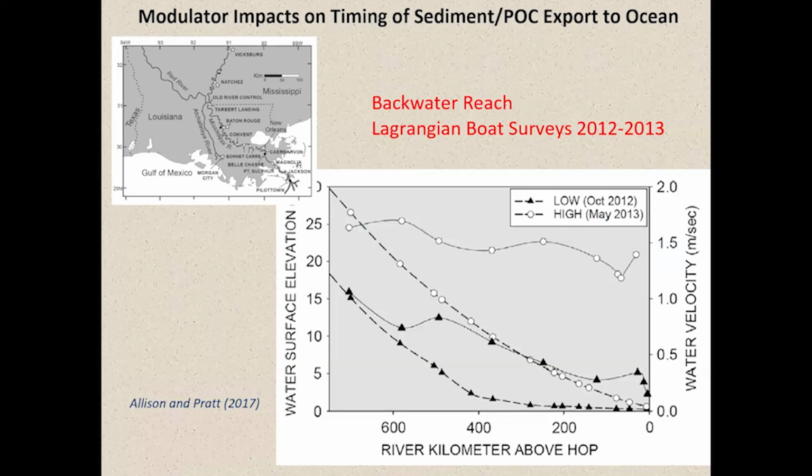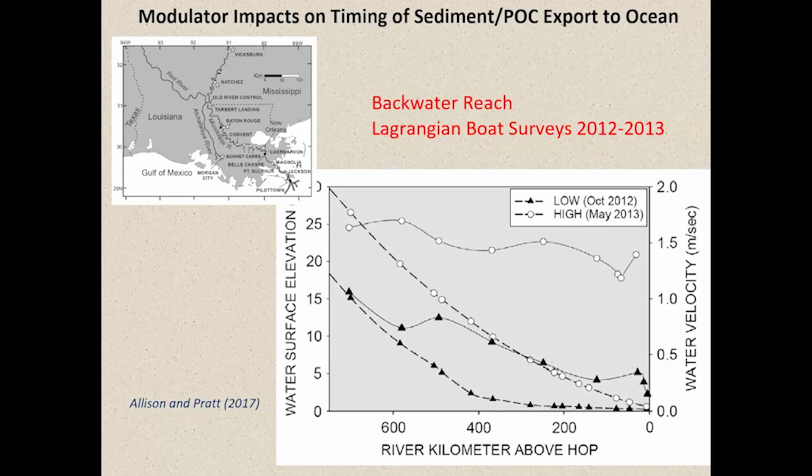Okay, moving on to another mechanism. This is a really cool survey my Army Corps colleagues did. They did a Lagrangian boat survey. They used multiple boats and tracked a single water mass down through the backwater system at low and high discharge in 2012 and 2013. These are the water surface elevations at the low discharge and the high discharge, again, showing